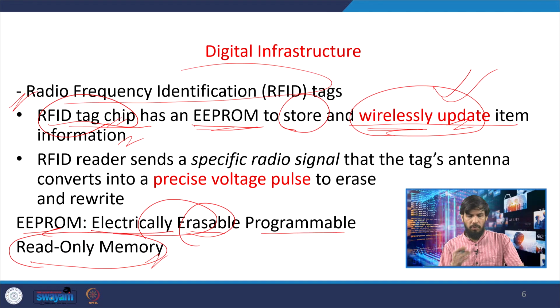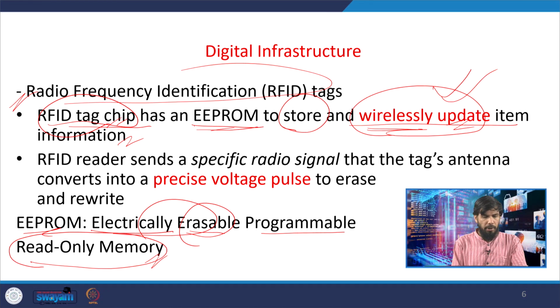So, the latest RFID tags are using EEPROM so that wireless update can happen. That extra movement can be avoided just for updating RFID tags. So, there are productivity and efficiency gains simply because of changing the kind of memory that we are using in the